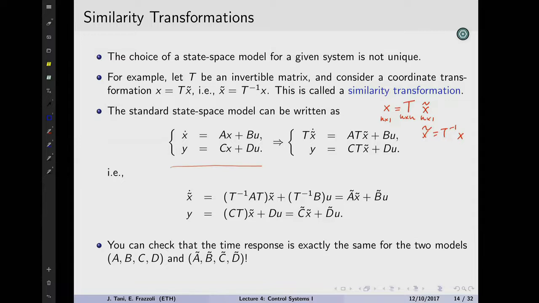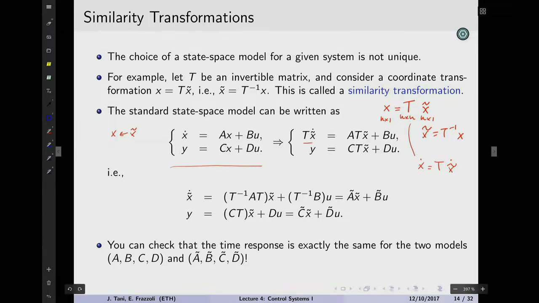T matrices that satisfy these equations, you can come up with very many, have the following effect on the system. Say you've got your linear time invariant system, and now you want a change of coordinates. You want to re-express things, just look at things from a different perspective. That's what a change of coordinates is, right? So what we're doing is just substituting x with x tilde. So let's go and see. Here, x is equal to T x tilde, right? So from here, we can say that x dot is equal to T times x tilde dot, right? Because T is not a time-varying term.